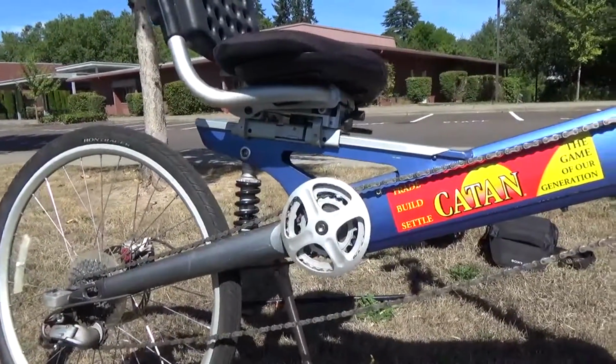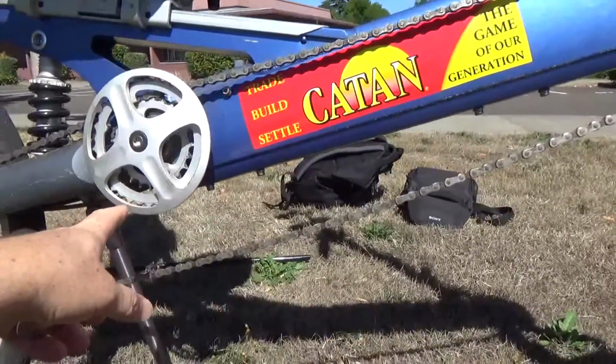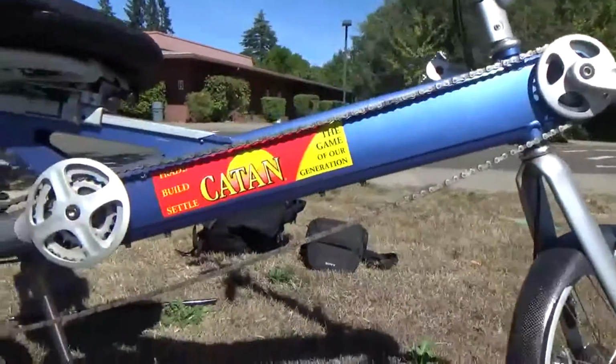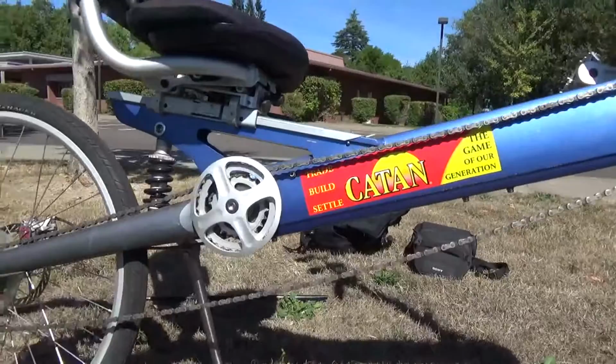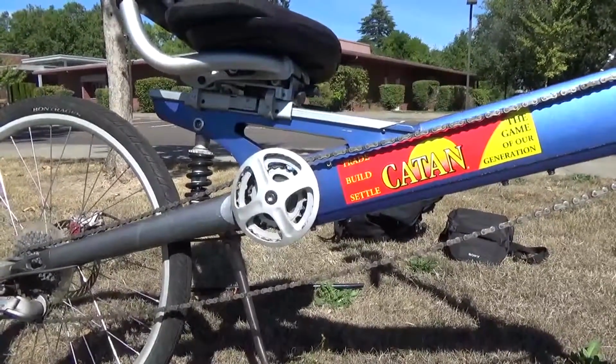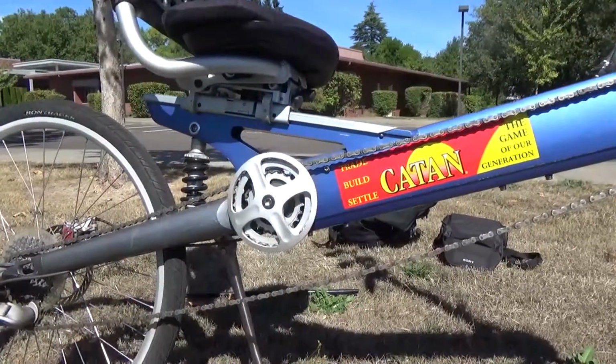So one thing right away that I did was, there were 2 gears here, and by using the front gears, my front gear is a smaller gear, I kind of solved the problem of the gearing, and all of a sudden all the gears seem more usable, and it should go up hills better now. But